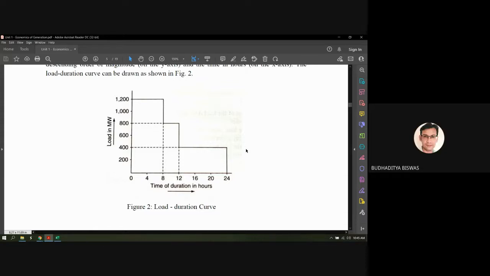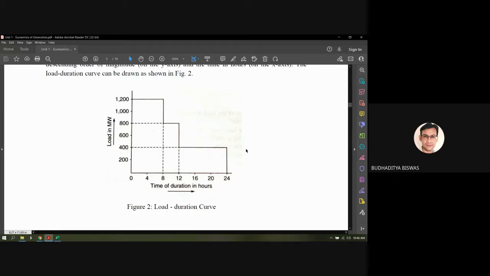So just see the load curve pattern. 400 megawatt is the base power. Then sometimes it is 800. Then 1200 is the last one. So if we install 3 generating units, each having a rating of slightly more than 400 megawatt, then everything is satisfied. When the peak demand of 1200 megawatt is there, all the units should run simultaneously. When the base load demand of 400 megawatt is there, we shut down 2 units and 1 unit is sufficient to meet the demand.